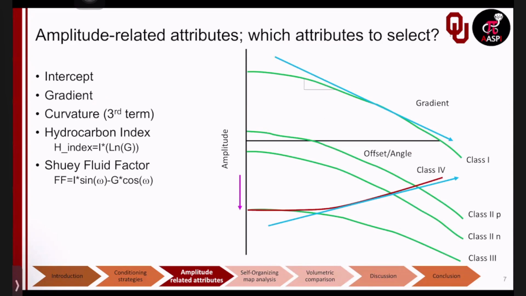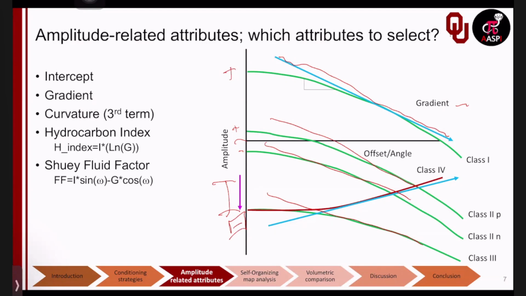Now, if we take a look at what intercept, gradient, and curvature mean, here, for example, the blue curve represents the gradient. As you can see, it's a negative gradient, and for all of these three classes of AVO, the gradient is negative. The distance from zero amplitude to the reflected amplitude is the intercept. As you can see, this is a positive intercept, this is a slightly positive one, this is a small negative intercept, and this is a huge